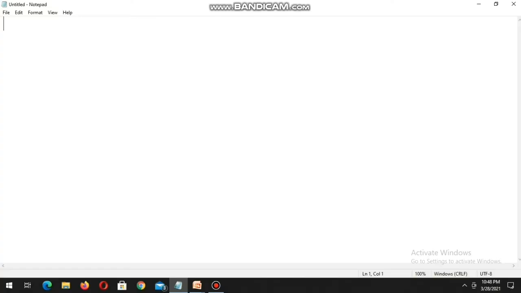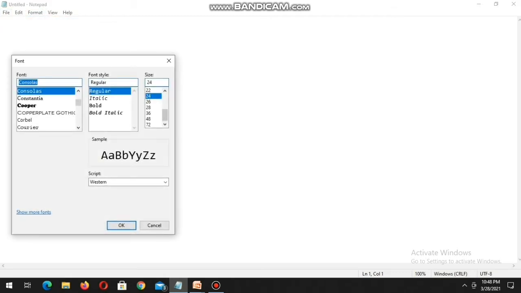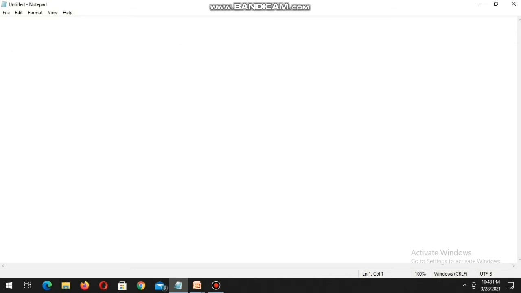Dear students, this is Notepad. This is the editor of HTML. You can use another editor because HTML is editor friendly. You can write in any editor, but Notepad is better compared with others. For this reason, I use Notepad. Here you can see some options. I will go first to Font to change the font size, and I choose 26. You can set it by yourself.